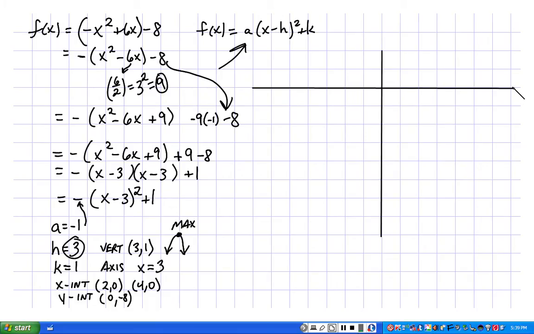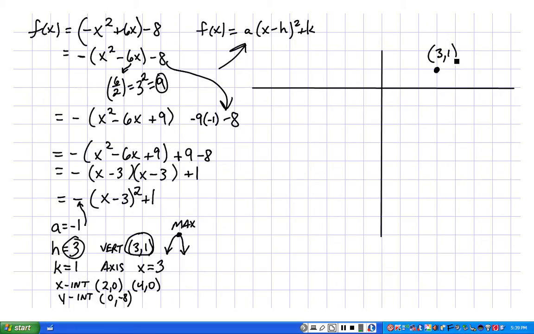Okay, so x-axis and y-axis. Alright, now our vertex is 3, 1. Okay, our vertex is 3, 1. So we know our parabola is going to extend out from our vertex. So we go 1, 2, 3, up 1. So there's our vertex,